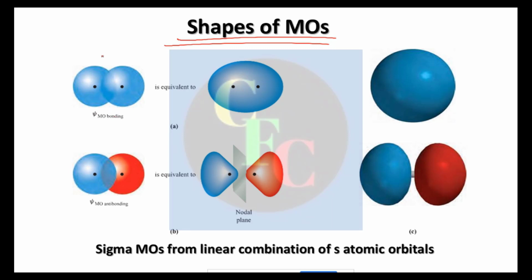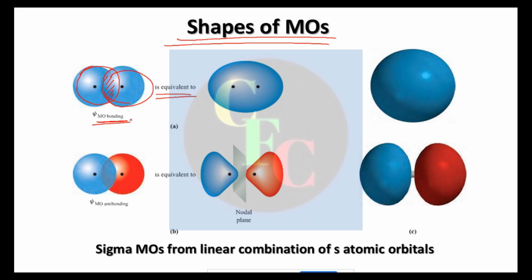Okay, see, this is our individual, right? Three kinds of pictures are shown here. These are our individual atoms, right? These spheres, I think you can easily discern them here. Two spheres are combining, then this is equivalent to this kind of thing, right? Why? Because there is an increase in density in between the atoms.